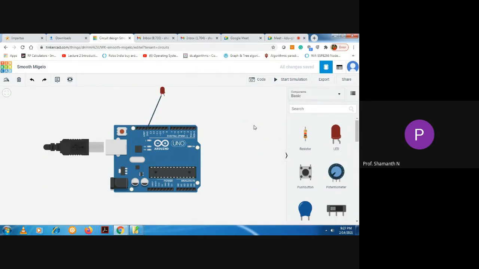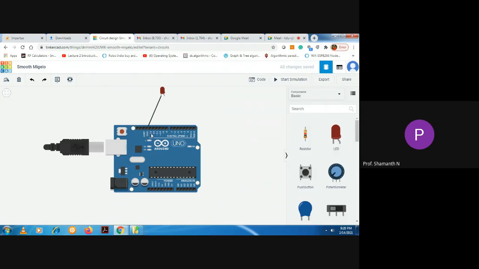Now, in order to connect the anode to the other pins, this anode pin needs to be connected to what are known as GPIO pins. If you see on the Arduino, there are pin numbers 0 to 13. Pin number 0 and pin number 1 you can't use. Pin number 0 is the RX pin and pin number 1 is the TX pin, so they are basically used for communication. Other than these pins and the ground pin, pin number 2 to 13, any pin you can select.